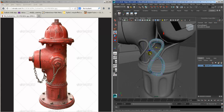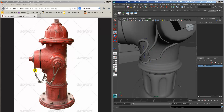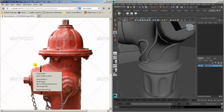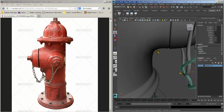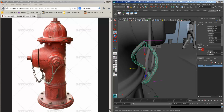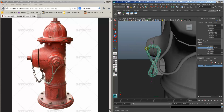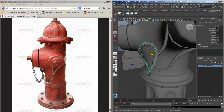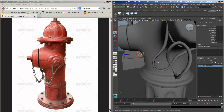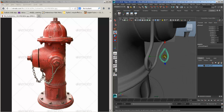Okay, so we're getting that figure 8 thing. And it doesn't look like from this area here that it's even as twisted as I was making it. So it's like that. Okay, so I can use that, duplicate it, and use that. Delete this setup. Delete this. I had the other one deleted already. Okay. So I'll scale it down,